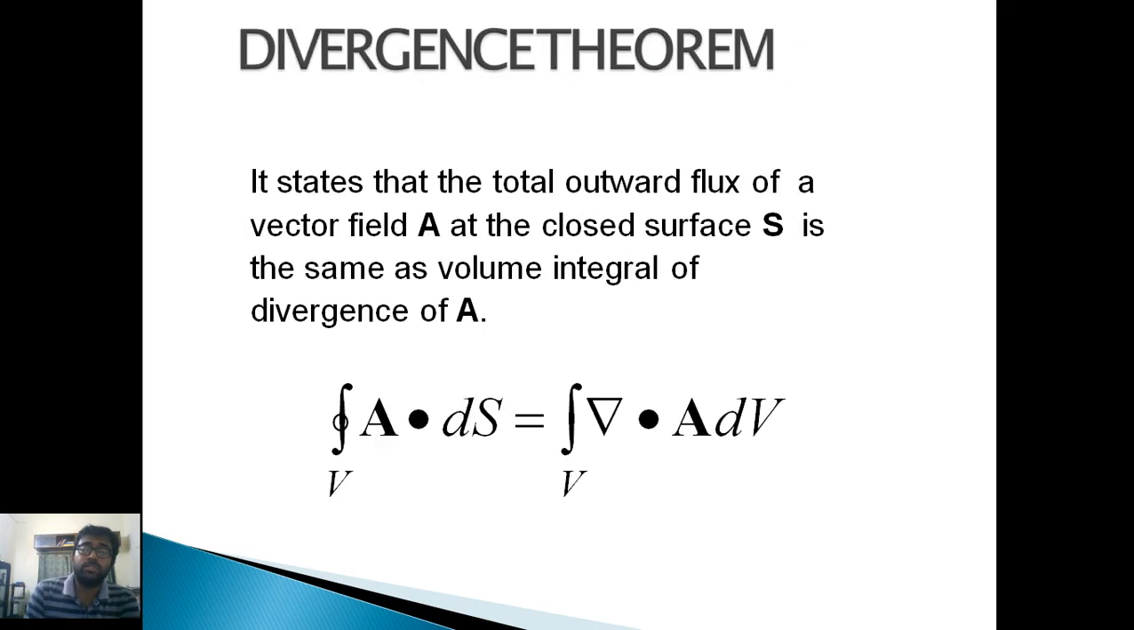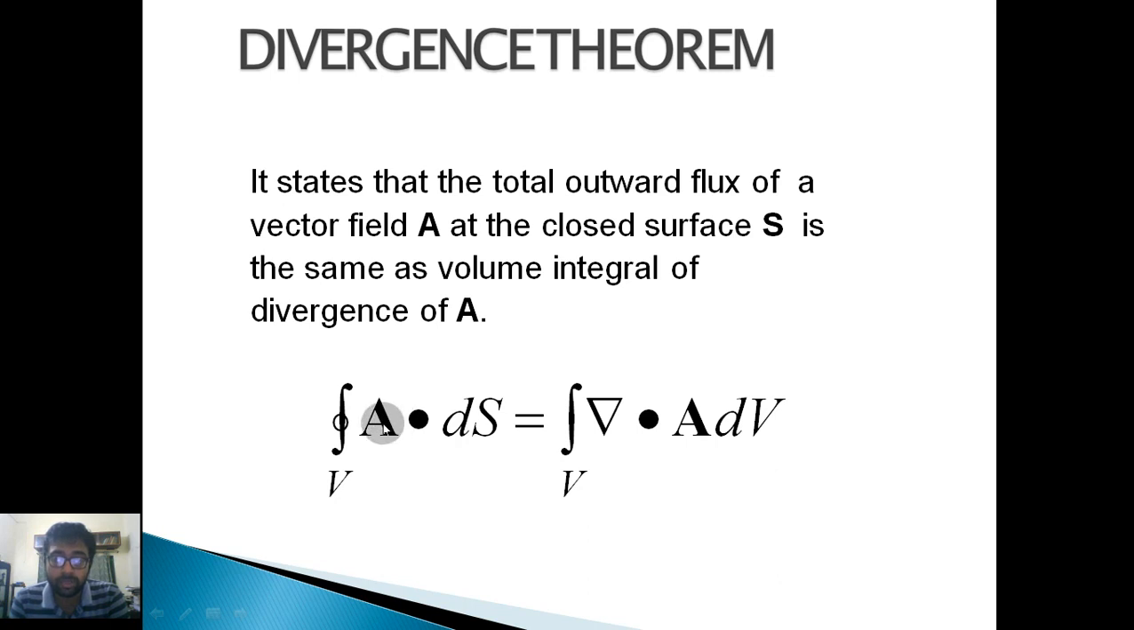Now we describe the divergence theorem. What does the divergence theorem basically mean? It states that the total outward flux of a vector field A at the closed surface S is the same as the volume integral of divergence of A. It means suppose we take a closed integral of A dot ds. Now the total outward flux of a vector field A can only be described using this closed integral of A dot ds,